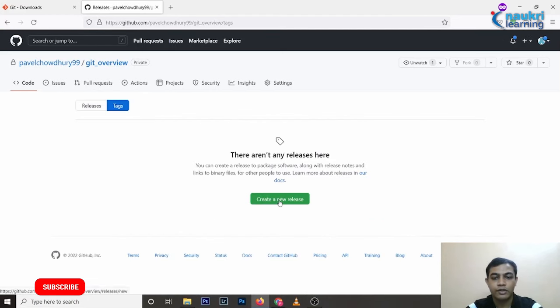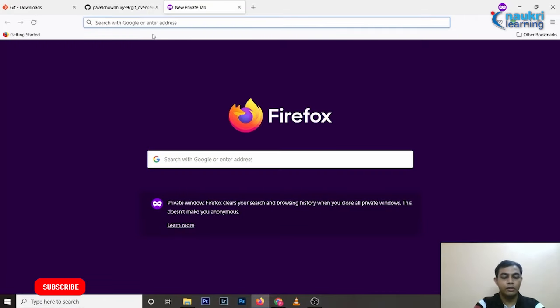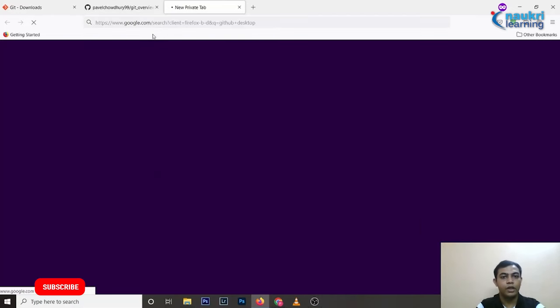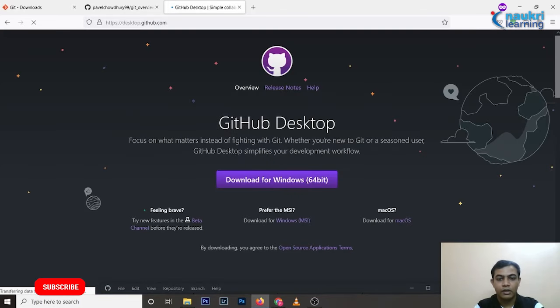Okay, you can add new tags, release updates, or any versions that you want to highlight to the user. Now, in order to download this particular repository in your local, there are a few methods that you can do. One is you can go ahead and download the GitHub Desktop app. This is a very interactive tool which allows you to clone your repositories and do all the stuff like merging, pulling, creating branches, and pushing to the final repository in a single go, and it's very intuitive and